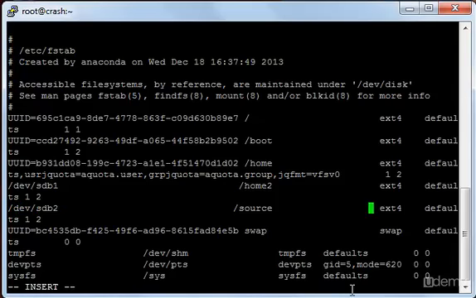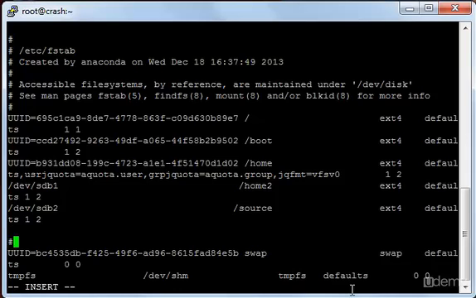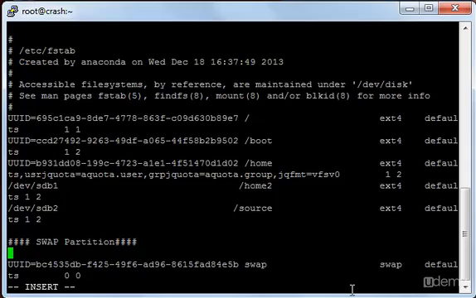I will go all the way up to here and press enter, and I will add 4 hashes and then type SWAP in capital letters and then type partition and then 4 other hashes and press enter, and type /dev/sdb3, then take some spaces,